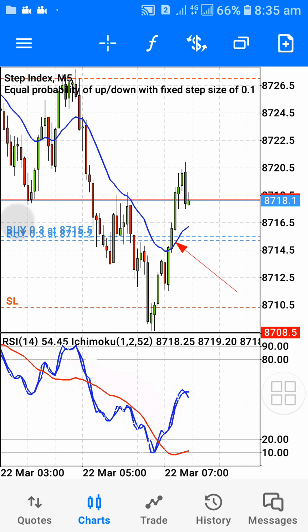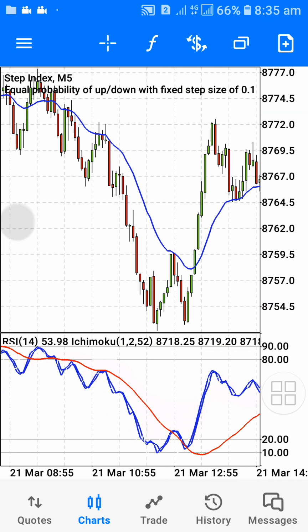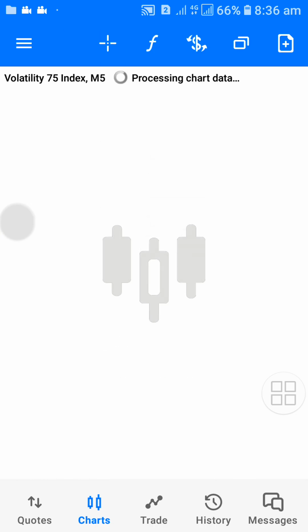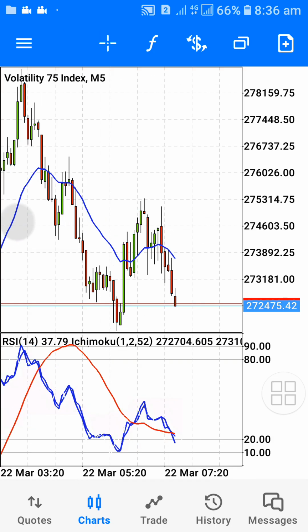So you can use this on Vix 75 and Step Index, alright? The 75 and Step Index. Let's turn to Vix 75, alright? Let's go to Vix 75. So Vix 75, here we are. So this is Vix 75. So imagine you have